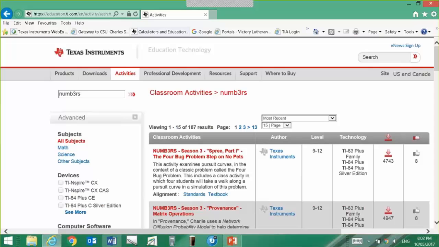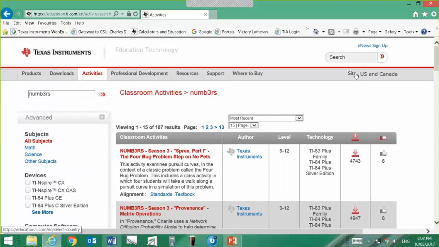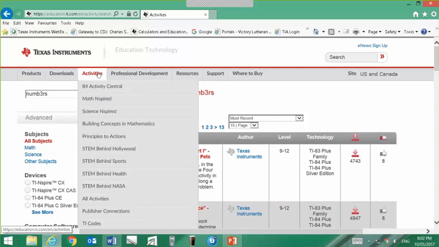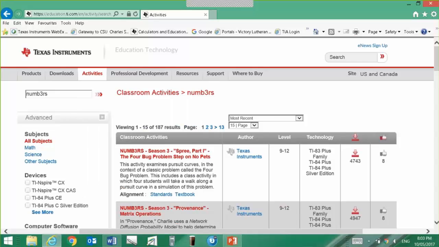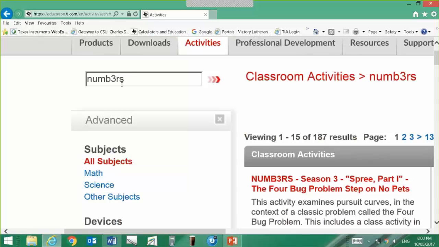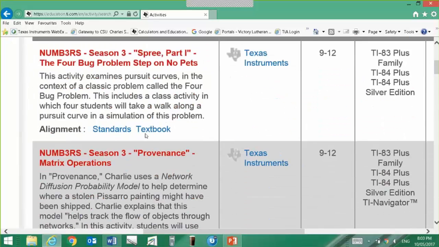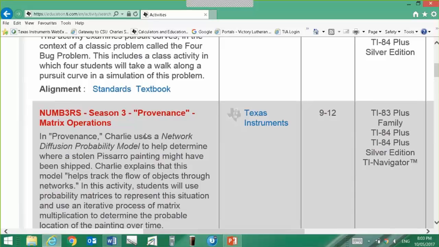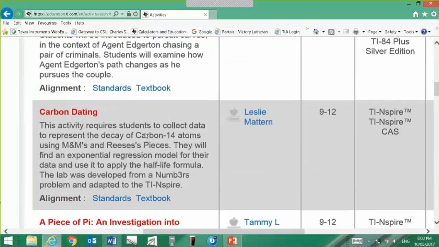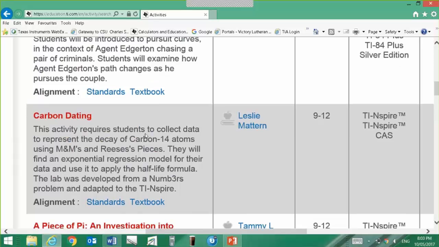On the Texas Instruments website, the site that my computer is set to will automatically default to Australia, but if you change the site to US and Canada, and in activities go to all activities and then type into the search box numbers, and as Melissa said, remember it's with a 3 for the E, then you will get that list, and a lot of them that say they were for the older TI-84 family can of course be adjusted for TI-Nspire. So that's another great